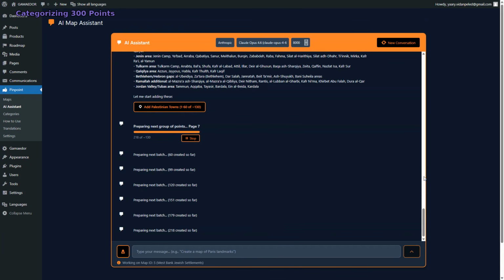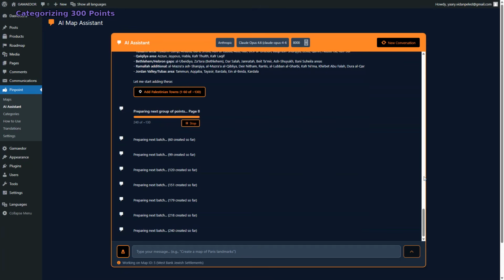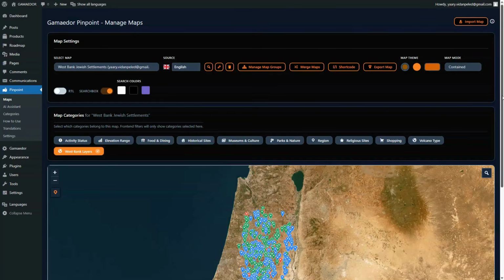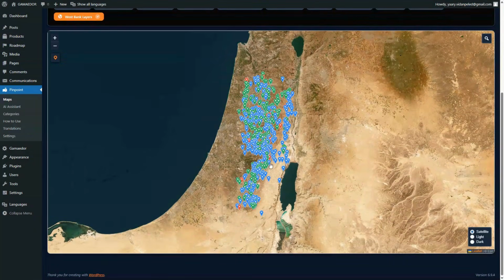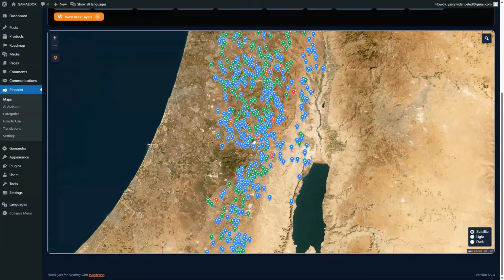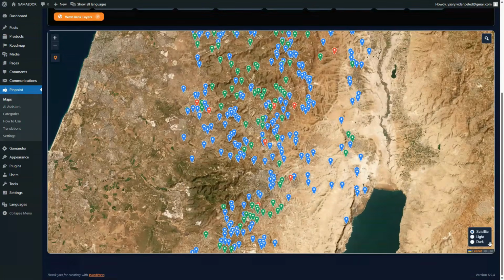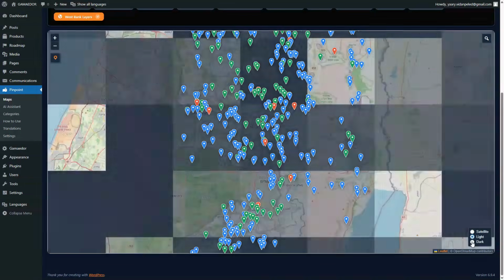The AI organized them by governorate: Nablus, Jenin, Tulkarm, Hebron, Ramallah, and added them in batches. Finally, the AI assigned all 300 points to their correct subcategories in one operation: settlements, checkpoints, Palestinian cities, and outposts,